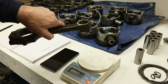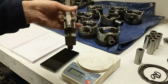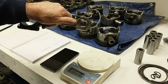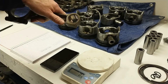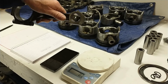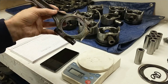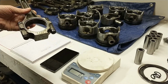And the formula for bob weight when balancing crankshafts for V8 engines is 50% of reciprocating weight, which would be the small end of the connecting rod, and everything that's attached to it. So the piston, the pin, the keepers, and all the rings. So you add all that up, you take 50% of that or divide by 2, and then you measure the big end of the connecting rod, and you add the weight of the big end of the connecting rod with its bearing to half of what the reciprocating weight is,